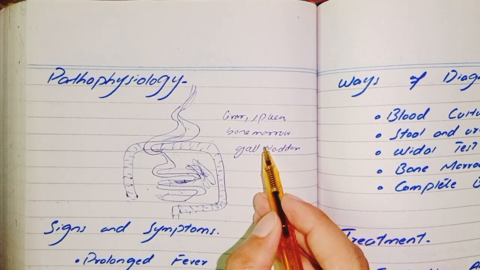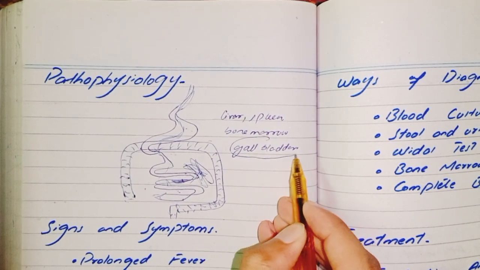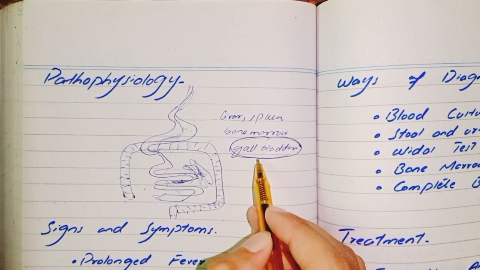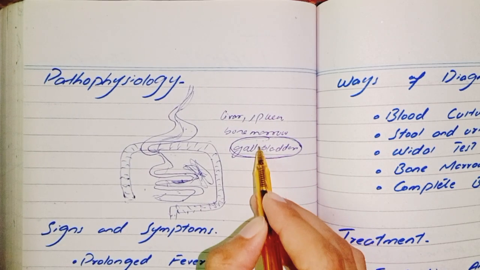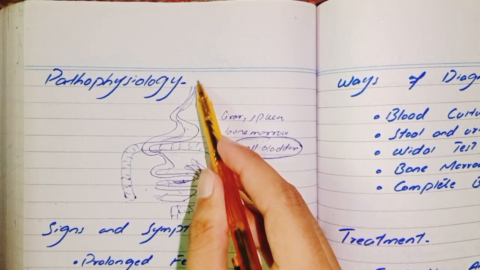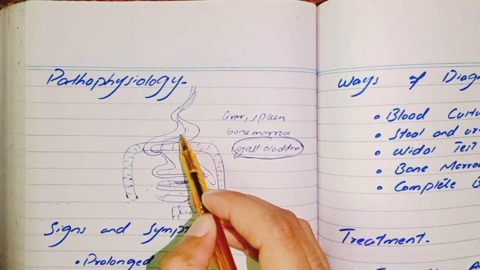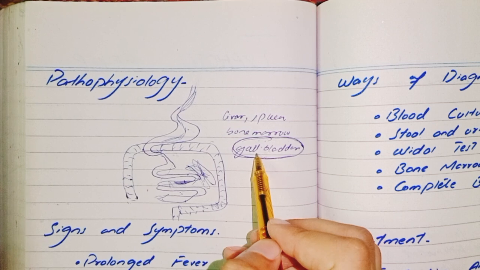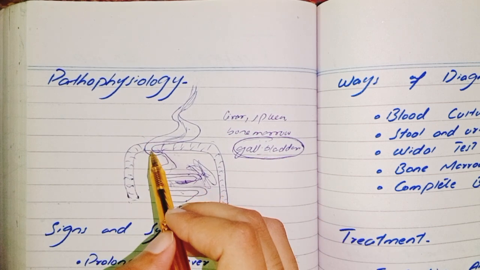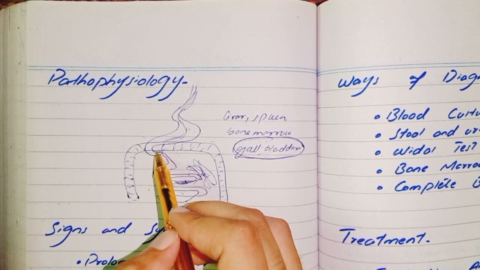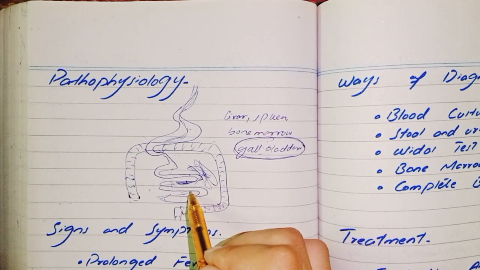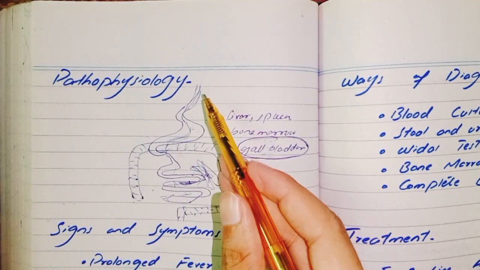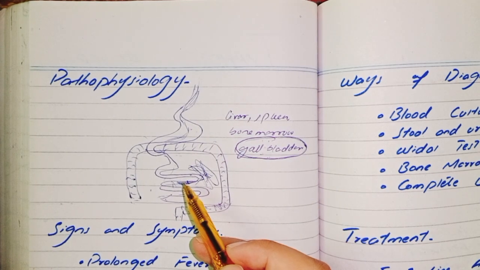Here, I want to talk about the gallbladder. The gallbladder is the reservoir of the bacteria. The bacteria stays in the gallbladder, and when we eat further food after being infected by Salmonella typhi, the bile secreted from the gallbladder causes the entry of the bacteria again into our intestines, which causes further spread of the infection. This is the pathophysiology of typhoid fever.